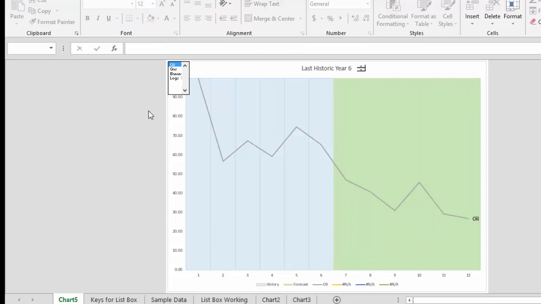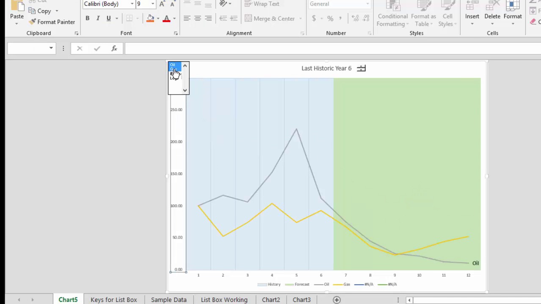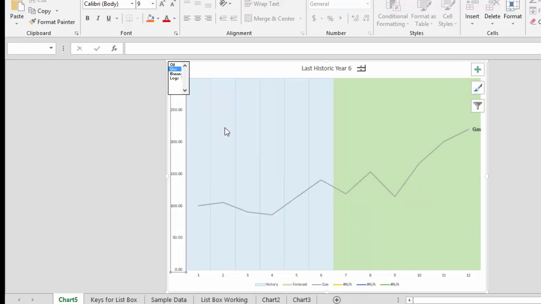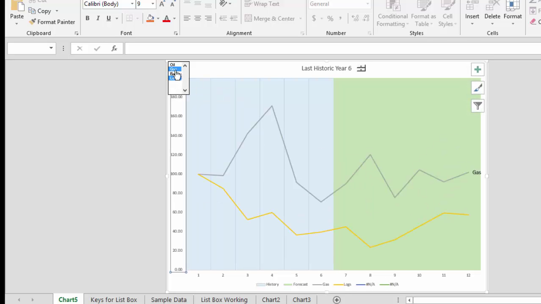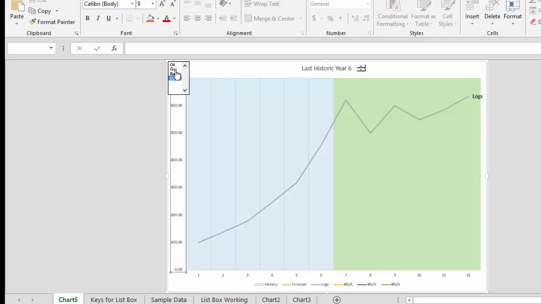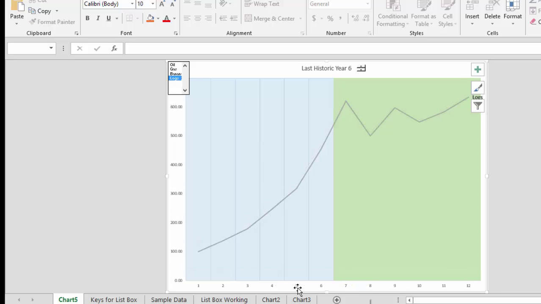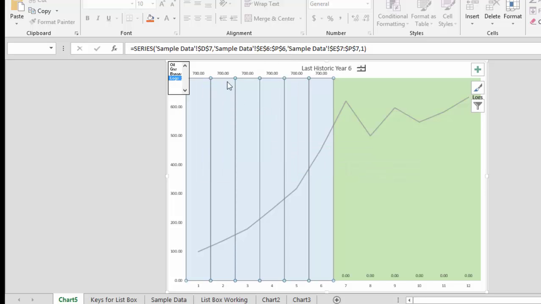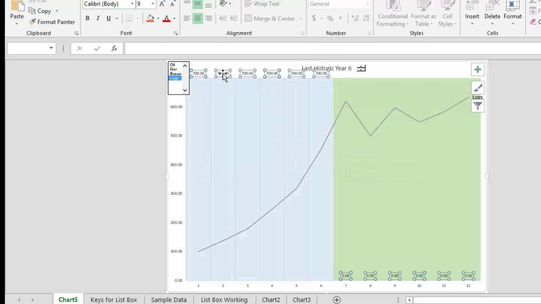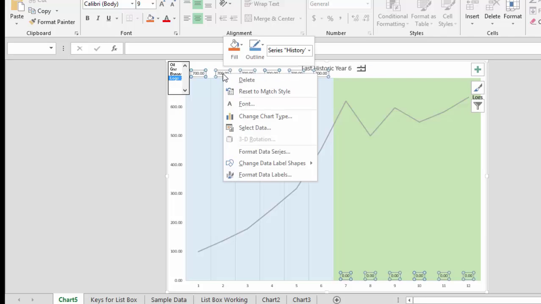And now, if I take gas and delete the oil, it will tell me I've got gas. If I take the logs and delete the gas, it'll show that we have logs. Then we can delete this. Now, I'll delete this, but now I don't know what's the history. I know normally you might use the history, so we can just add a data label here again. Now when you add a data label here, it just gives you all the things. So what we can do is